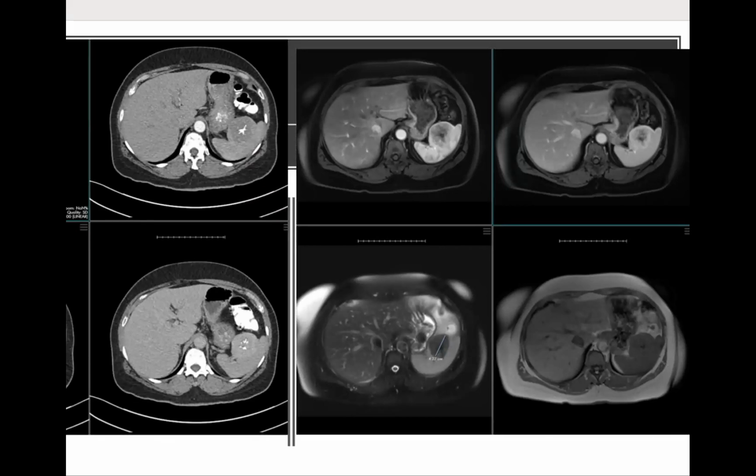Yeah, it's a beautiful case. And Gitanjali got it in the chat. But yeah, it's a gorgeous case of it. Oh, awesome. It's great. And then my next one